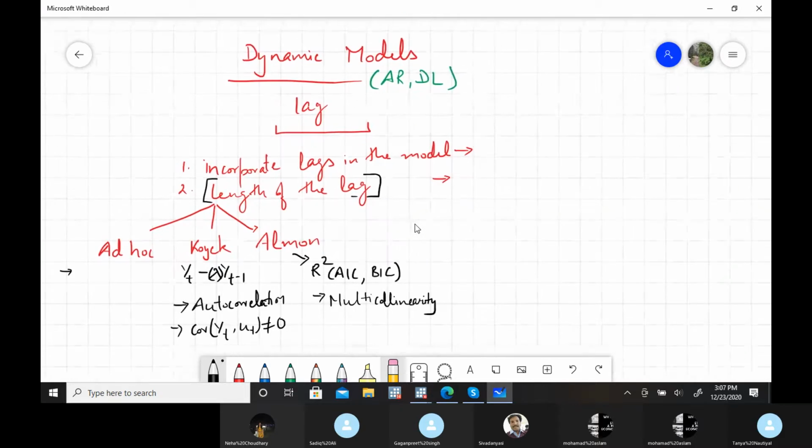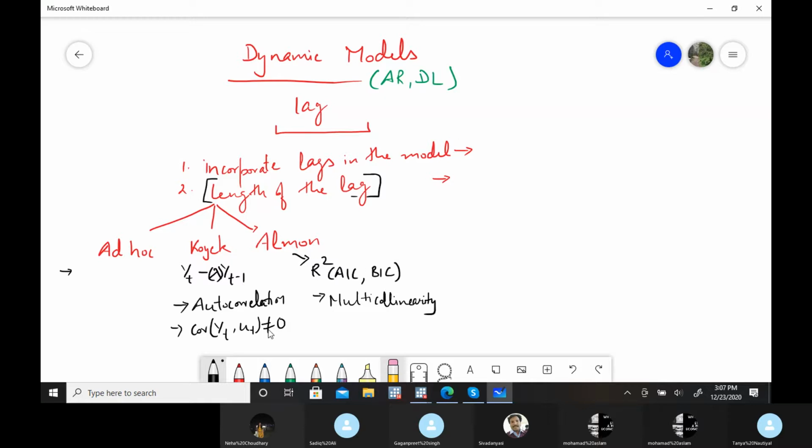Then the other important part in this case is how to incorporate lags in the model. I'm just going to discuss two different approaches in this criteria.